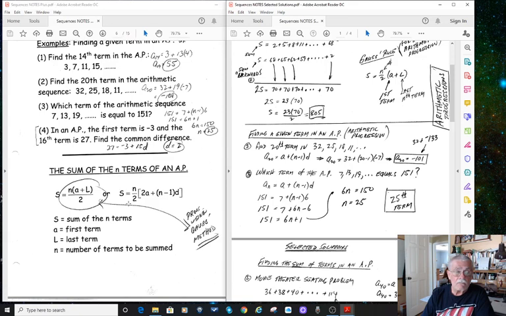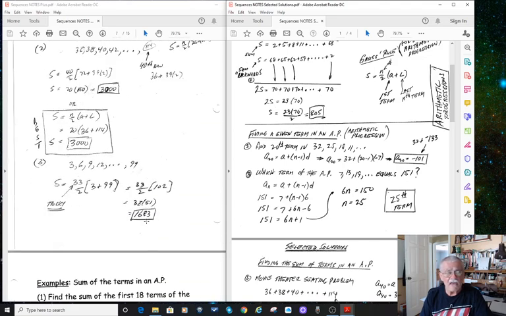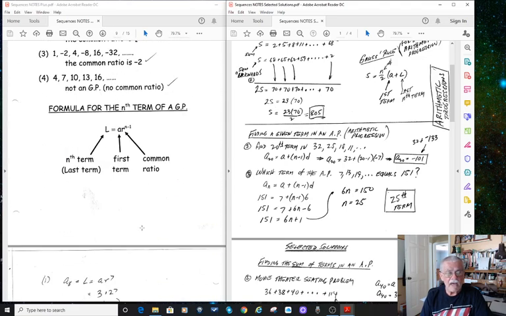Okay, so we've already seen this formula for the sum, and let's just look at the symbolic part here. S is the sum of the first n terms. I sometimes use S sub n. A is the first term, L is the last term. We could also use A sub n here for the nth term, and n is the number of terms. And I'm going to prove this using Gauss's rule, and I think we already did that. I just want to show you that, in fact,